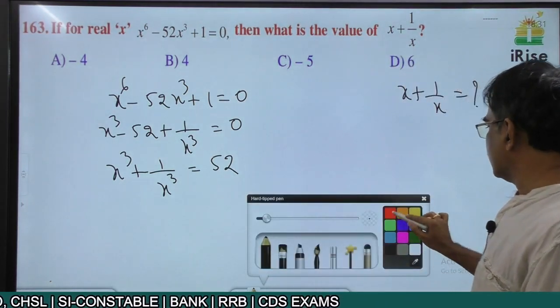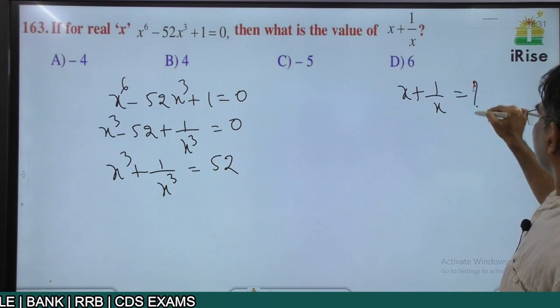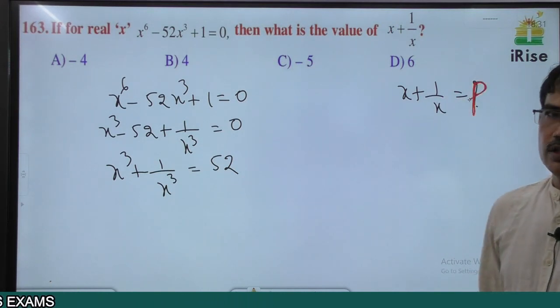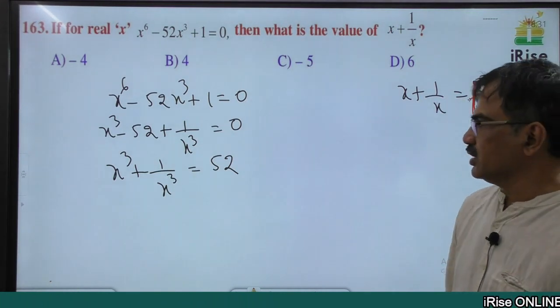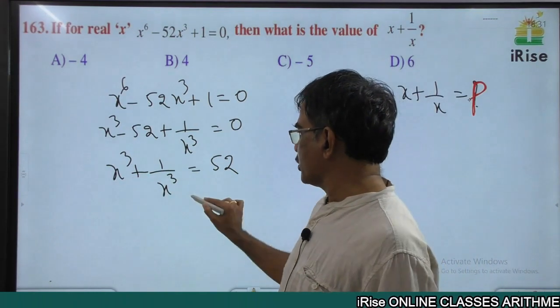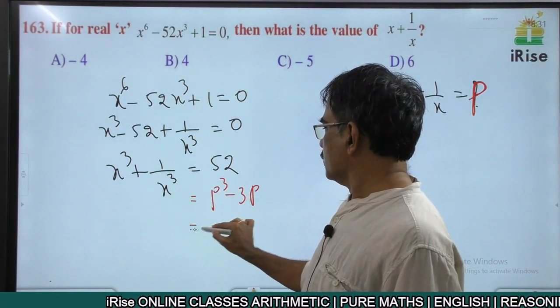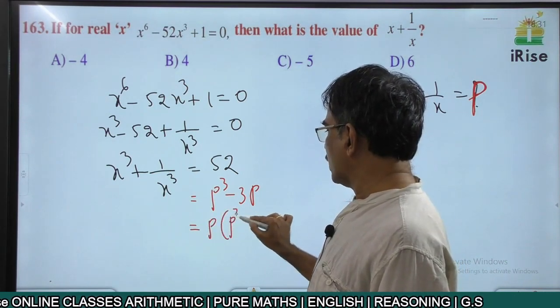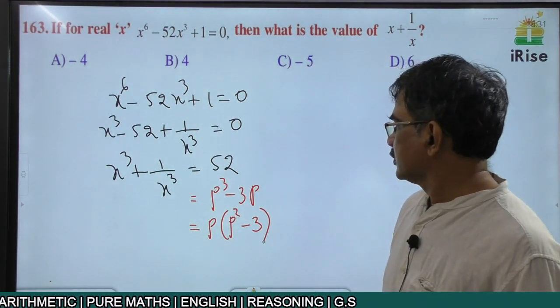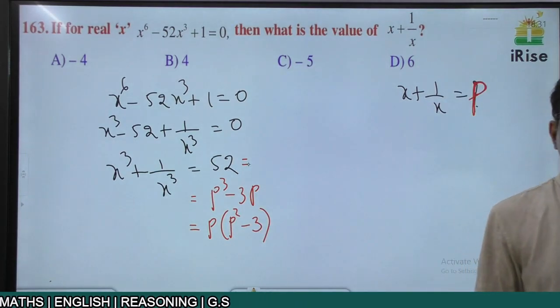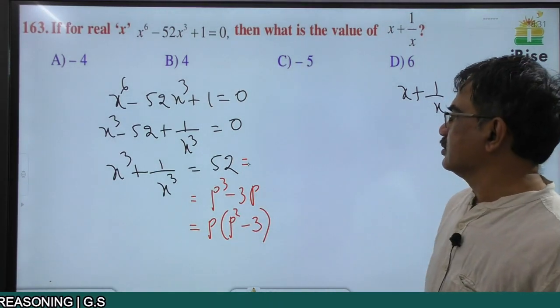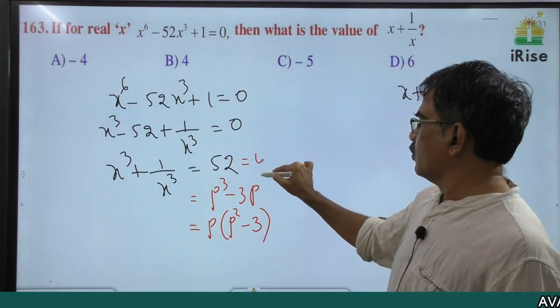So I want to consider this x plus 1 by x as p. If x plus 1 by x is p, then what is x cube plus 1 by x cube? This is nothing but p cube minus 3p, which is equal to p into p square minus 3. So I want to write this 52 as 4 into 13,